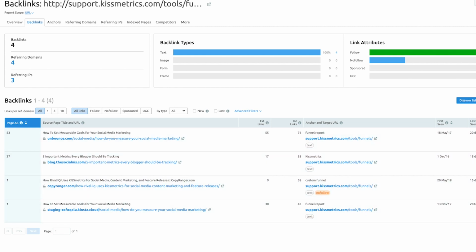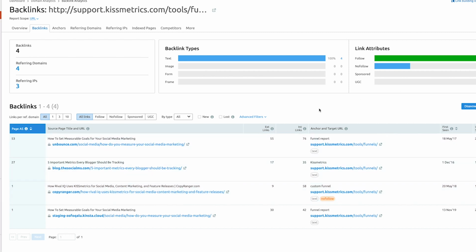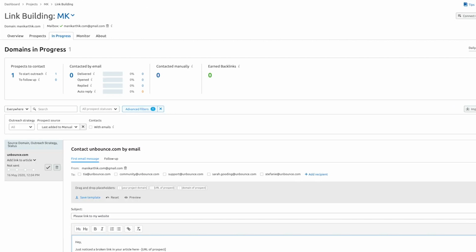Next up, we got to go and remind them. That's the whole idea. Now for this, we need to go to the link building tool on SEMrush. You can access it by clicking on the link building menu on the left hand side and choose your project. Once you do, you will get to a similar page like this. We'll be using the SEMrush link building tool to contact all those websites that are linking to the 404 page